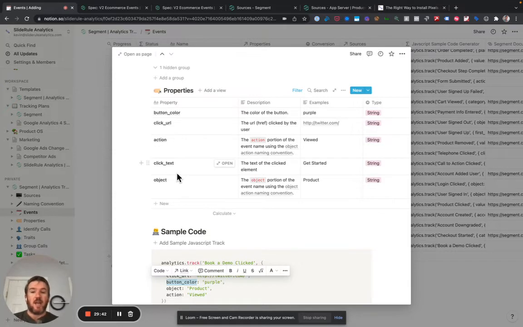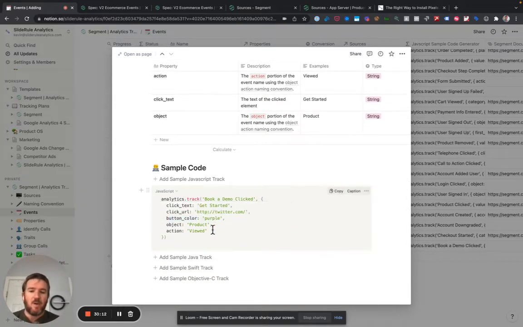We don't want to create a new click text property for each event, because then that risks that we define it differently. Sometimes it's called click text, sometimes it's called clicked text, whatever. We want to have nice, clear property names that are consistent across all of our objects. We don't want to recreate different properties, right? We want to use consistent properties. That helps with analysis later and everything else, right? But as a result, the sample code fills in some